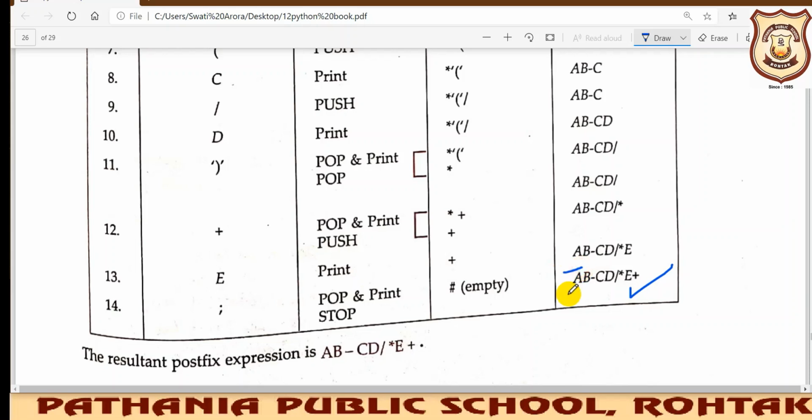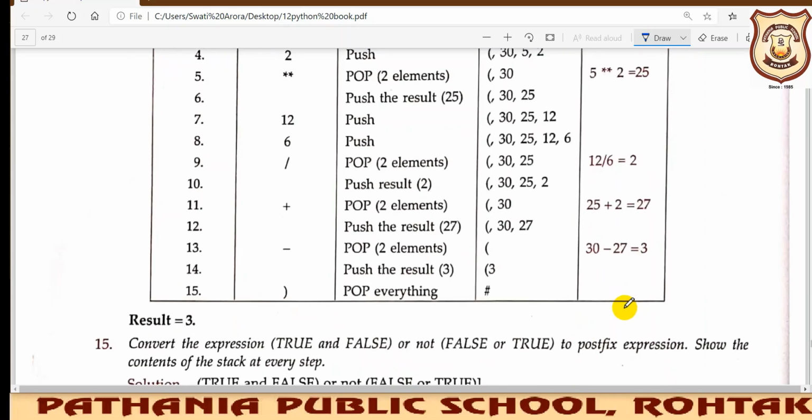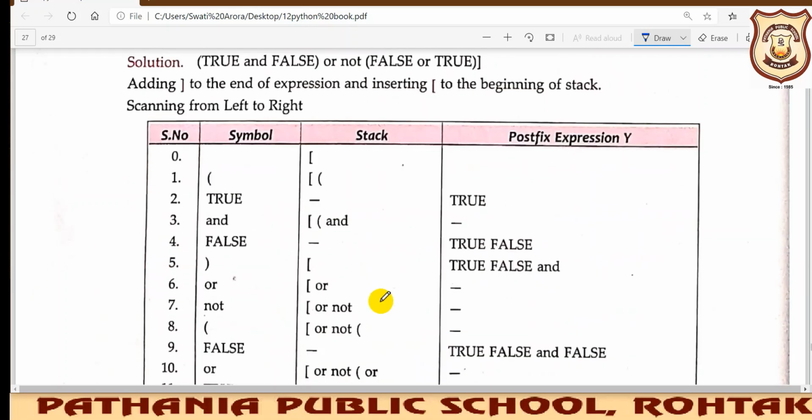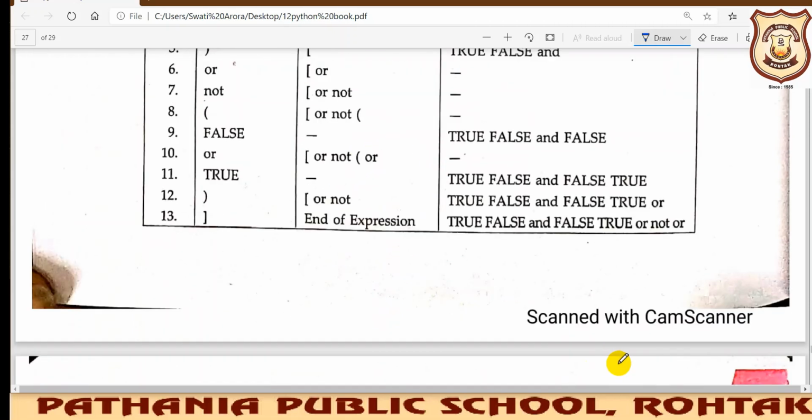This was the conversion; we have not evaluated. Evaluated means giving a particular value, like a calculation result, like this only. This is conversion of infix to postfix, and when we are giving values in terms of numbers, that is your evaluation. Even you can use true and false. See what this expression is saying: convert this true and false expression to postfix. So this is the conversion, not evaluation. If you are converting it, you will get the answer in terms of true and false, like that only.